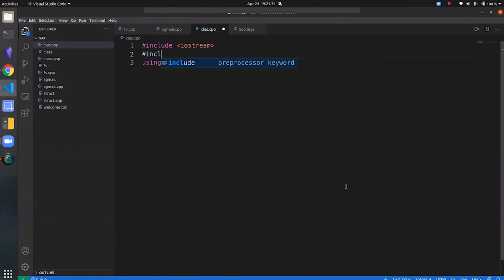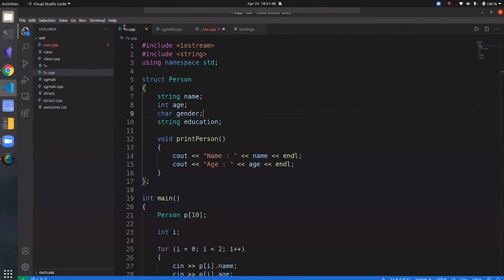We'll also need the string header. The syntax of class is pretty much similar to that of struct. Instead of the keyword struct, we simply say class. So class person, right?